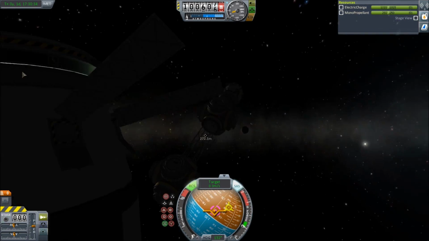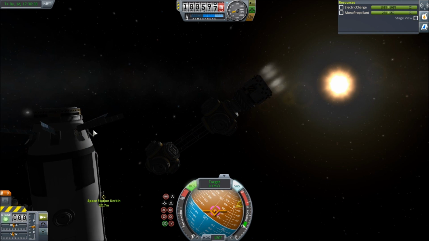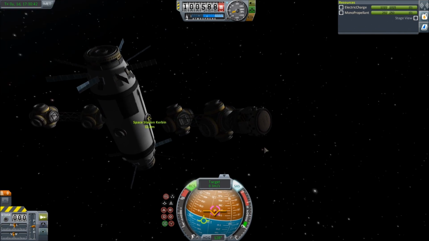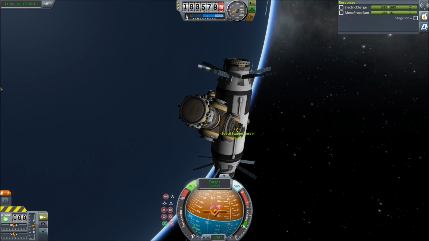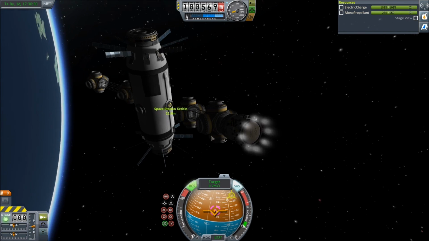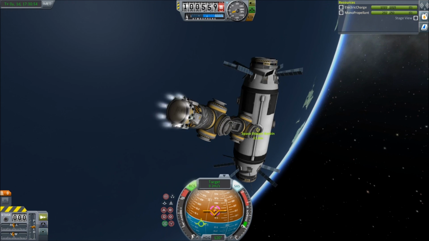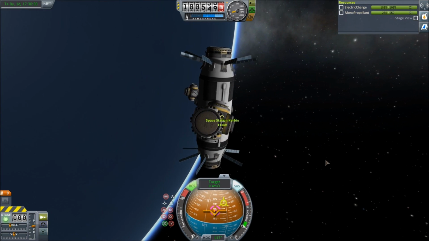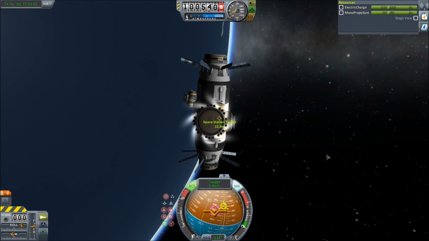Just for reference sake, where are the rockets? Okay, they're good. Spin this thing. I want to get away from it and at the same time thrust towards it, so I'll have enough time to spin myself and just bam, dock. It's hard to explain because this is not your station, so I don't know how you build your stations, but